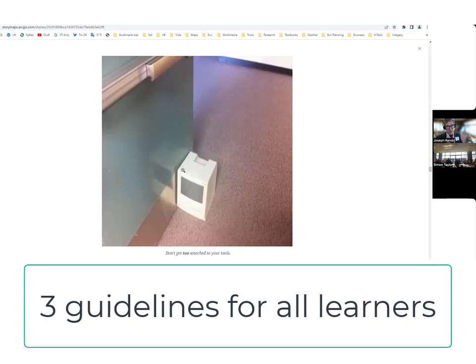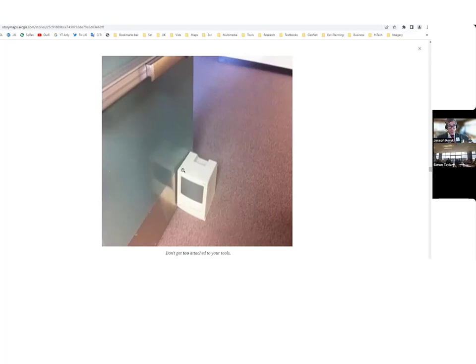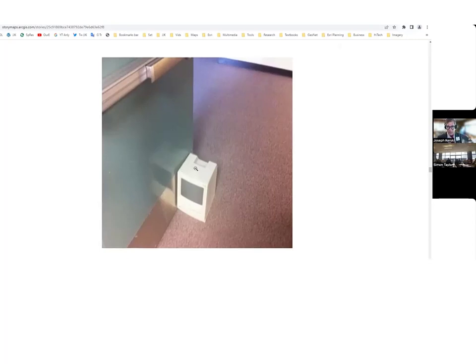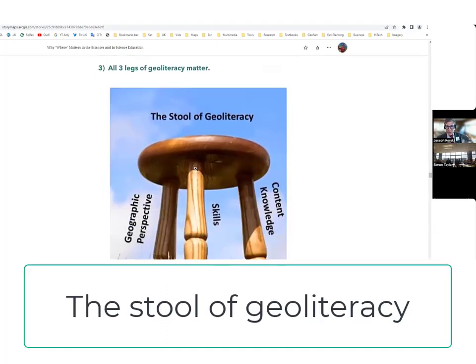The point I'm making here is the tools change, the tools evolve. You all are lifelong learners. The tools will evolve. This is the most important tool of all, right? Your brain and the brains of your students. Keep that nurtured. Keep them asking questions and moving forward. And geotechnologies can be a viable part of your inquiry. So I'm going to continue here in a moment with some resources to move forward.